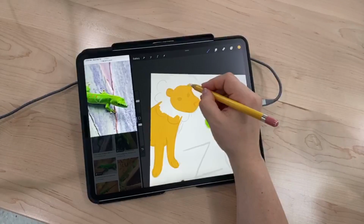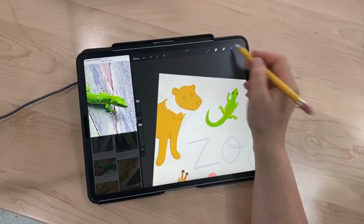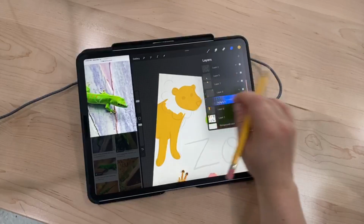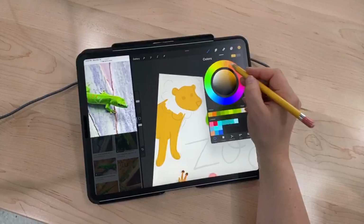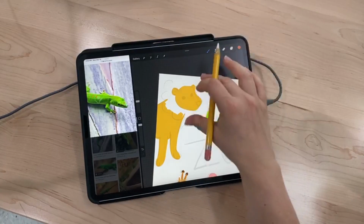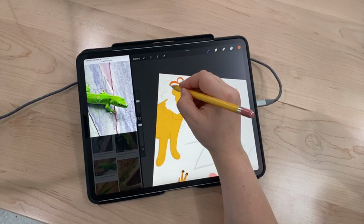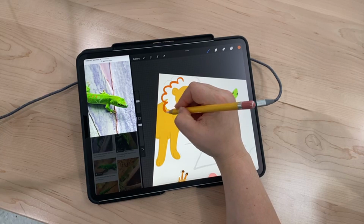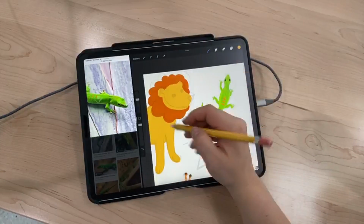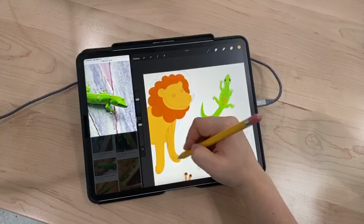All right, we got that. And now in between, I'll do this one that I've been using for all the animal shapes and make a red-headed lion. I'm doing a cartoony, painterly brushstroke texture, which